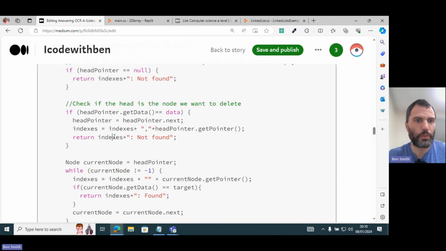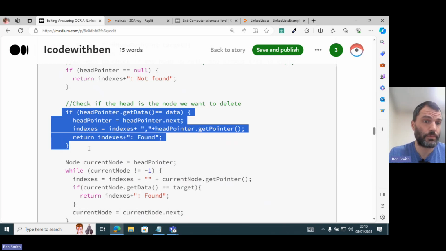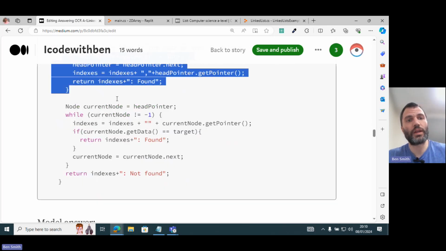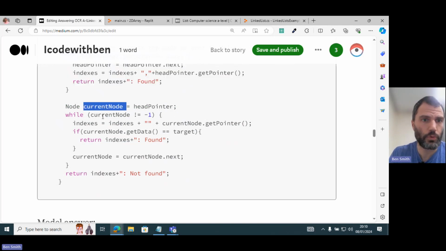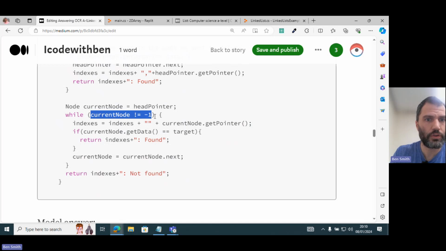And then we're going to return that, and say that we have found it. So that's if the item we found is at the beginning, which is our head pointer. However, if it is not, we're going to need to loop through this array. So we're going to copy this head pointer to a temporary variable, current node. And while the current node is not at the end, while it's not -1,